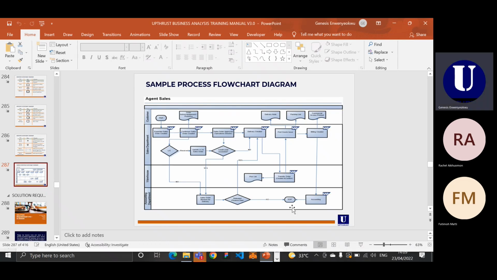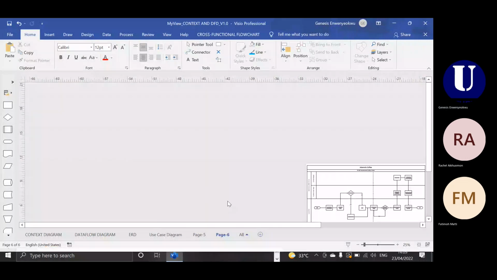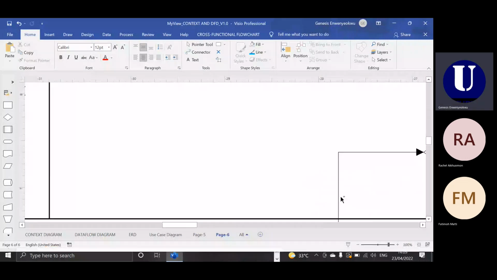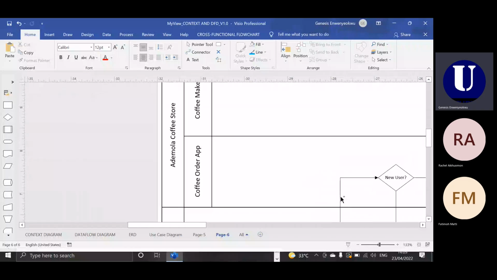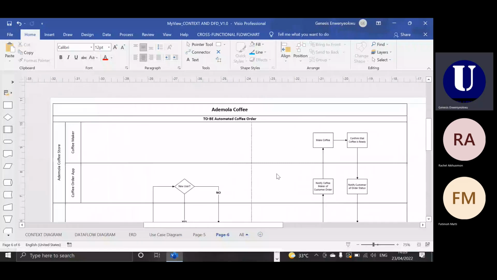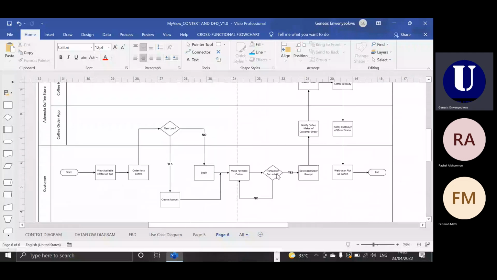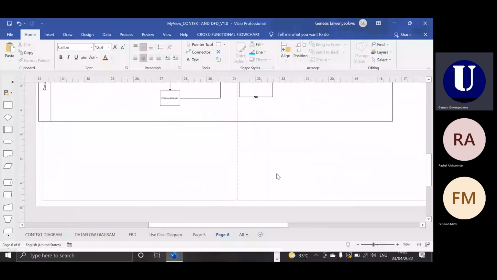Microsoft Visio. So I think also for the, okay, this is for Ademola Coffee. Let me see, there's another one I drew that is not Ademola Coffee. Okay, which is this one? Oh, this is still the Ademola Coffee app. Oh, interesting. Okay, so I remember when I drew this, a past student got in touch with me, and he